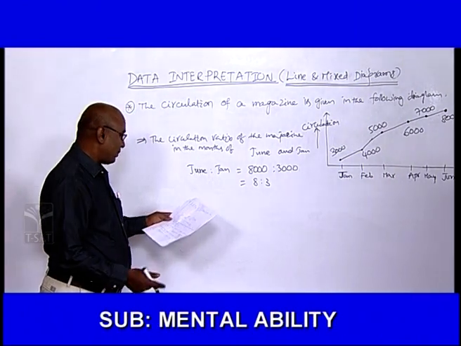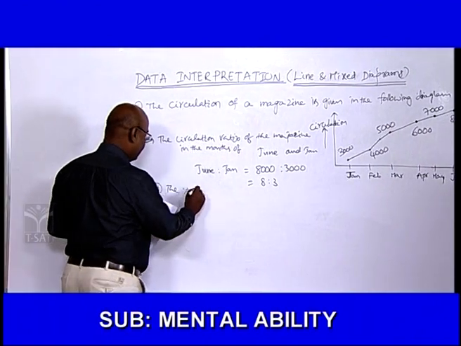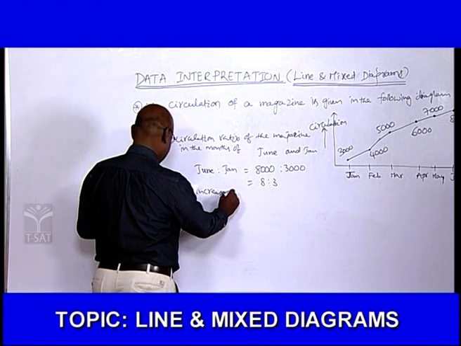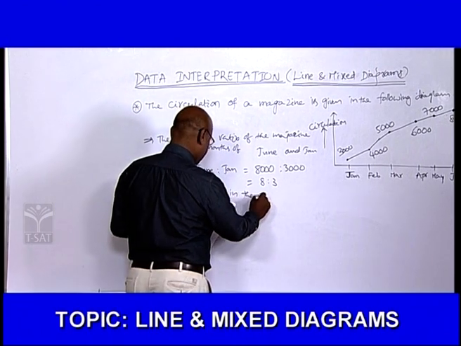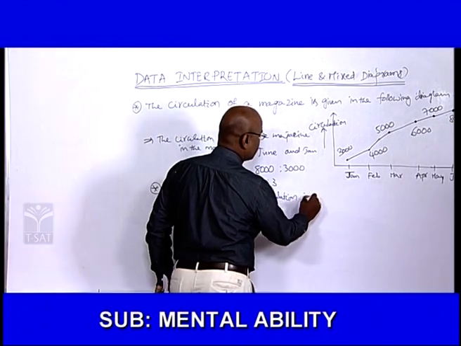Now the percentage increase in the next question, the percent increase in the circulation in the month of May is,